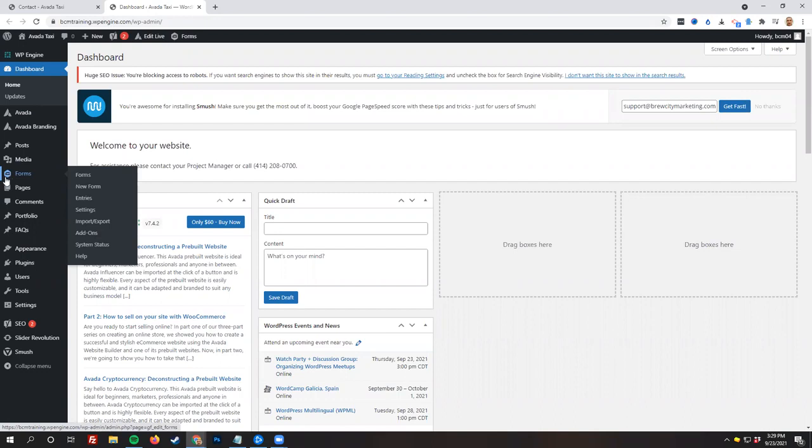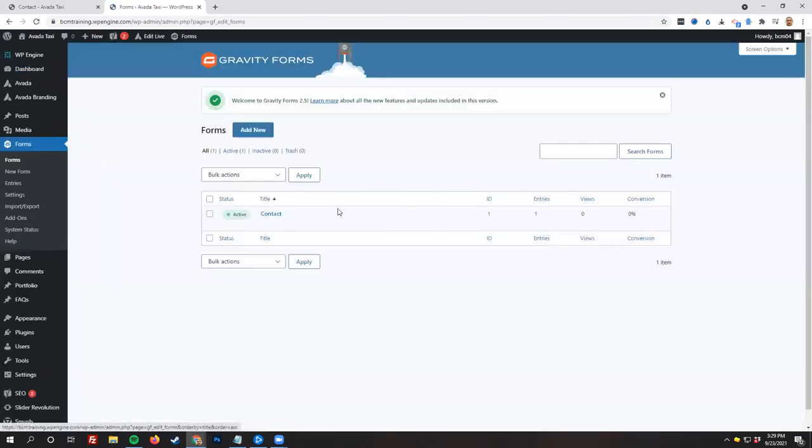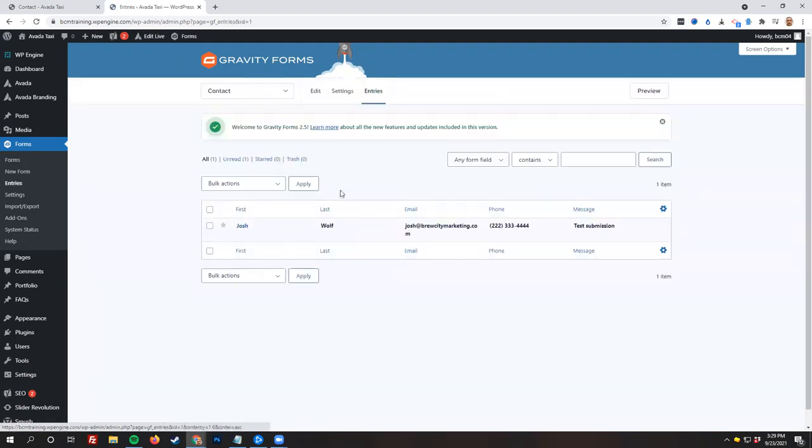So we use Gravity Forms as our software typically, which you can see with this little G icon here. And if you click on Forms, that'll open up the contact form. You might have multiple here, depending on if you use different kinds of forms for different parts of your website. For the sake of this example, we just have the one. And if we go to the entries setting, as we hover over this, we will see the one submission that